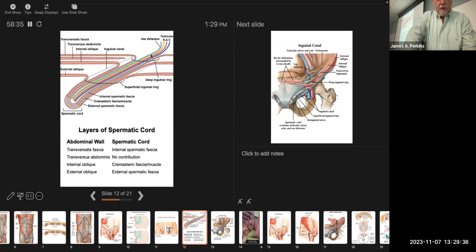And these structures are all inside the abdominal cavity, and they need to find a way to get out of the abdominal cavity to get down to the testis down in the scrotum. So they are then passing through this opening in the,